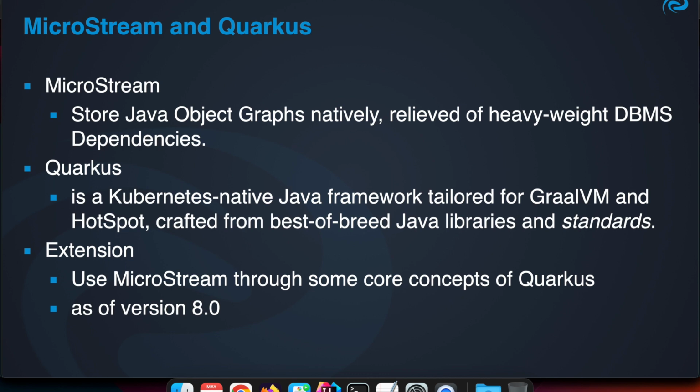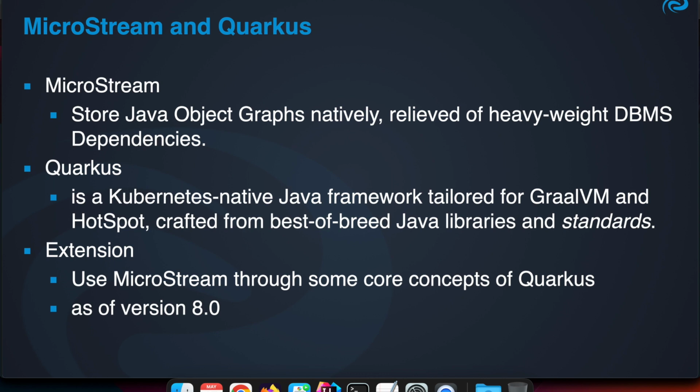You probably know Microstream and you probably know Quarkus. With Microstream you can store Java object graphs without the need to have a relational database or a NoSQL solution. It stores it in a binary format. With Quarkus you can create Kubernetes native applications that use the best-of-breed Java libraries and standards like the Jakarta